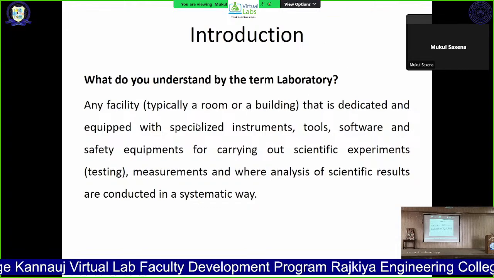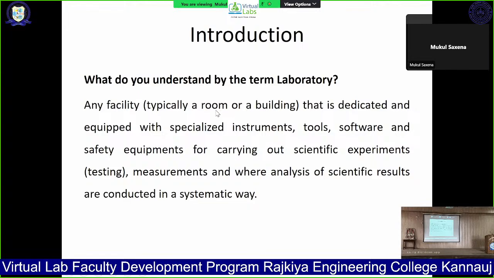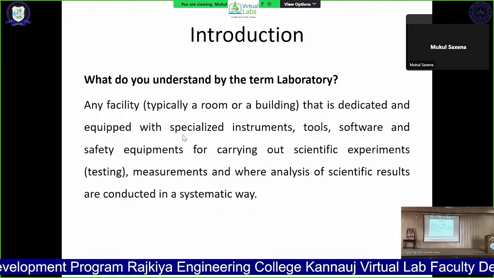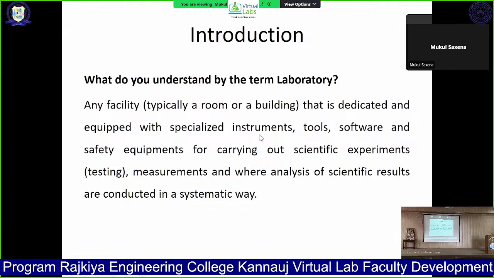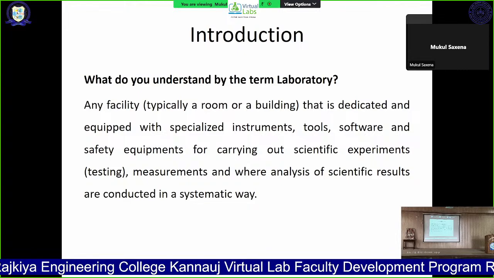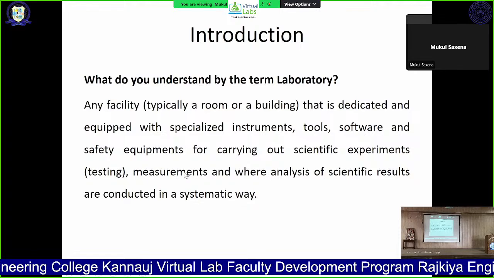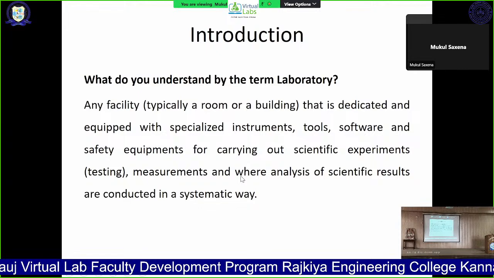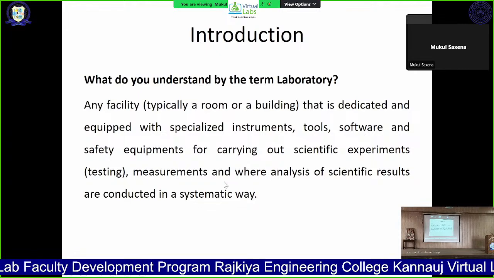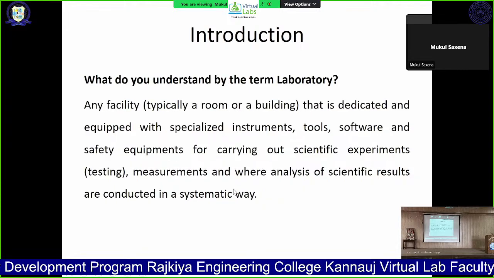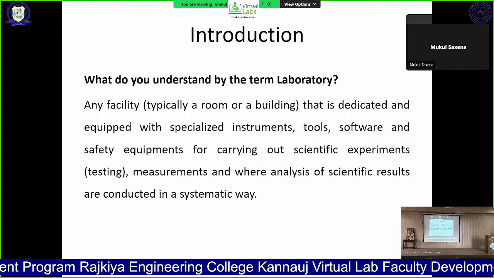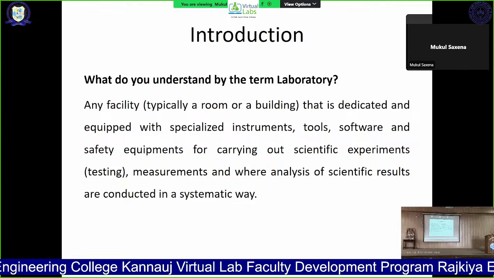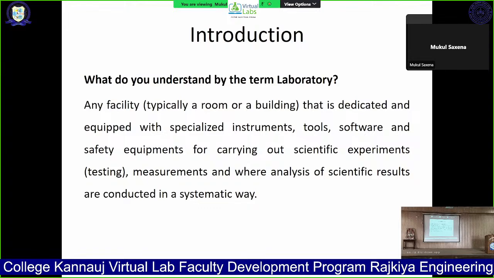That is any facility, typically a room or a building, that is dedicated and equipped with specialized instruments, tools, software, and safety equipment for carrying out scientific experiments, that is testing, scientific measurements, and the analysis of the results obtained. So this will help us to understand what the laboratory is. This will help us to better understand what the function of the virtual lab will be.